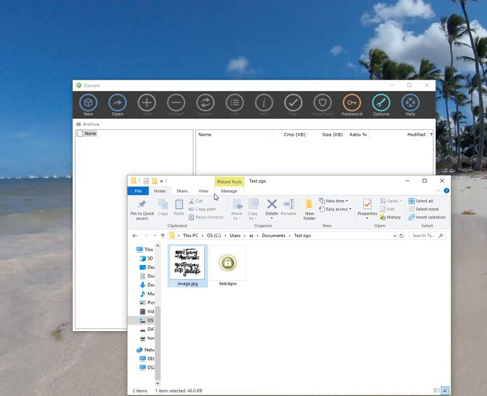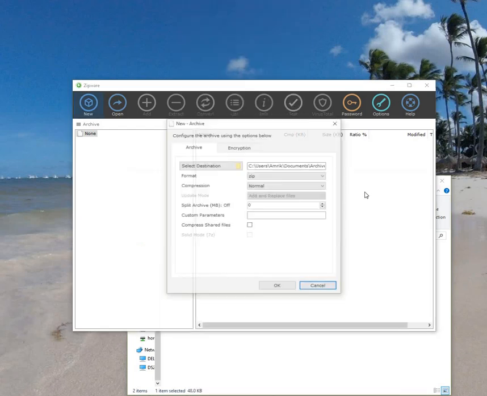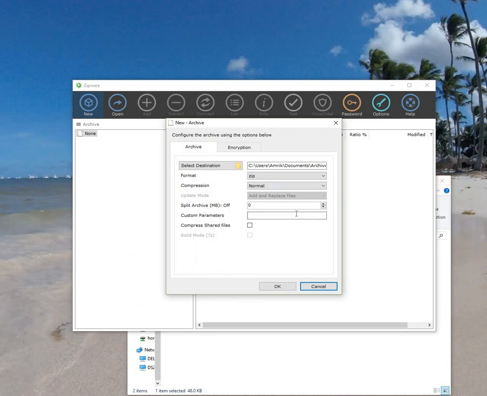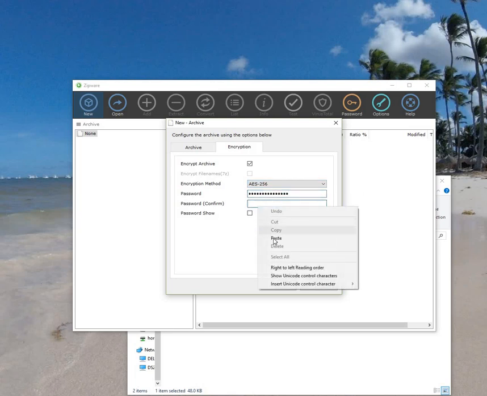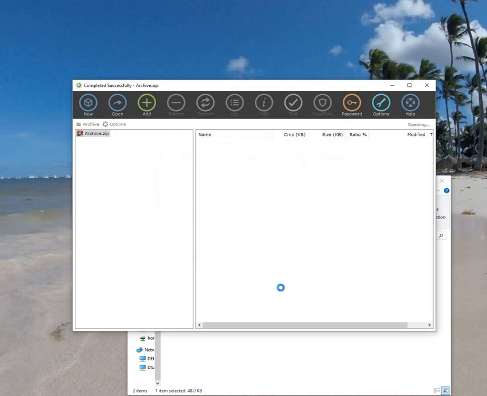So once you've got this, we'll drag and drop it into this program. Initially it'll default to zip file. The zip file doesn't encrypt file name. So if I click on encryption and add that password that is in that manager, it doesn't encrypt the file name. And when you click OK, the file is encrypted,